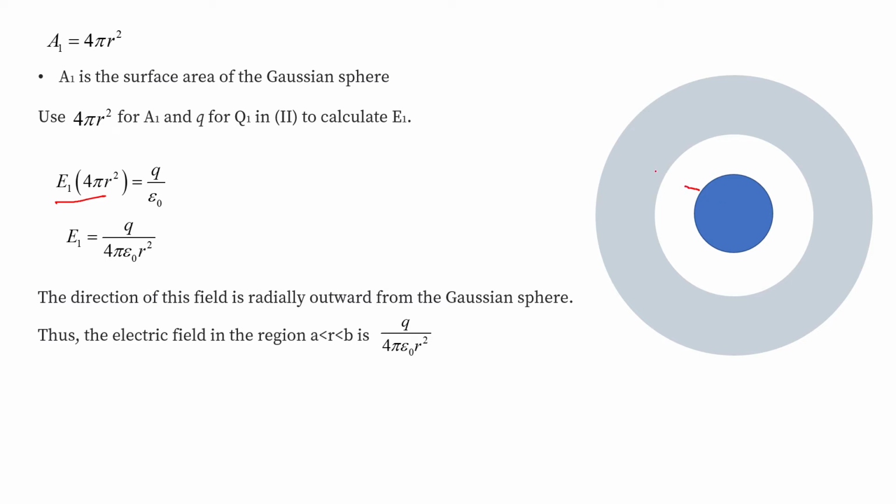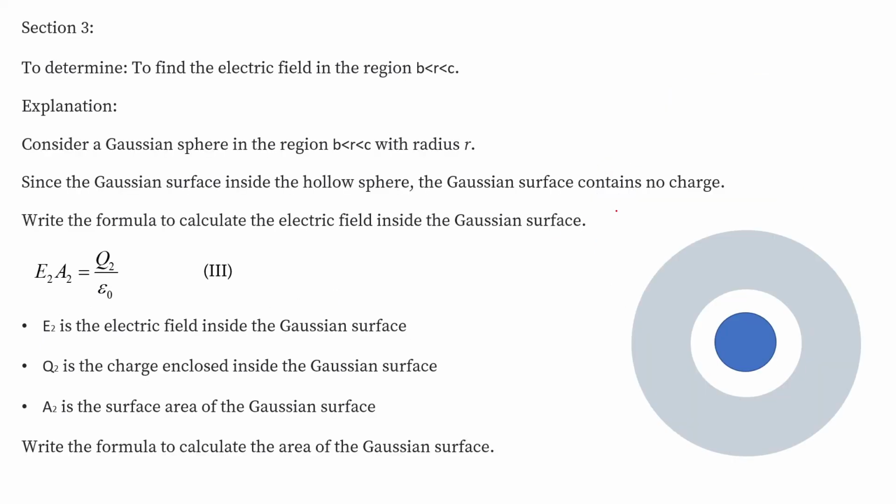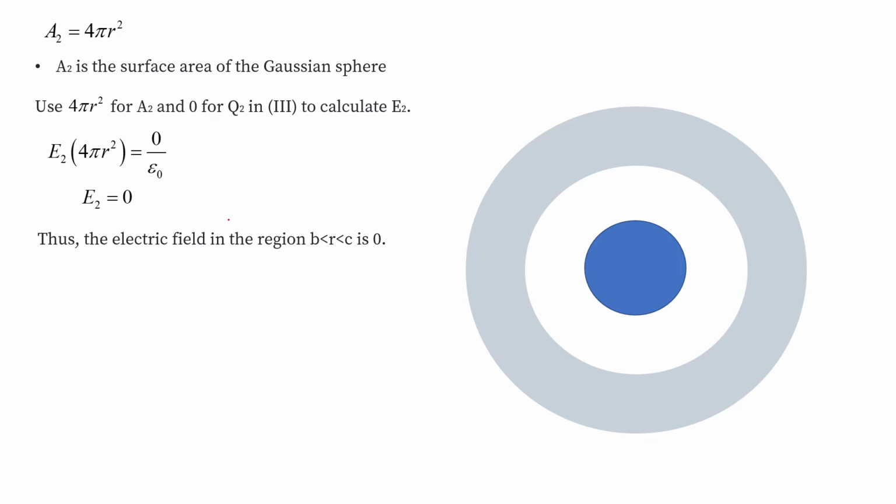Now what happens when we reach in this portion? As we reach in this portion, as we discussed earlier, due to the polarization, we have observed that the net charge enclosed throughout this surface is 0 because there is positive charge on the outer surface of the inner sphere, that is Q, and there is negative charge minus Q polarized on the inner surface of the outer sphere. So from here we can say that the net charge enclosed is 0. So from here we can write the value of electric field for this portion is also 0.